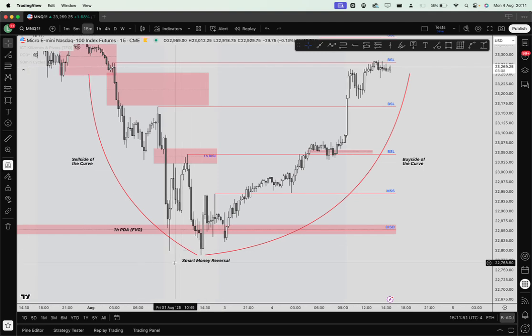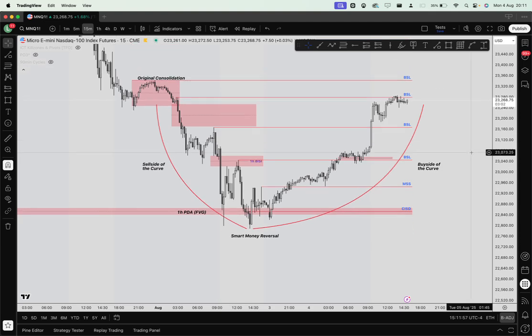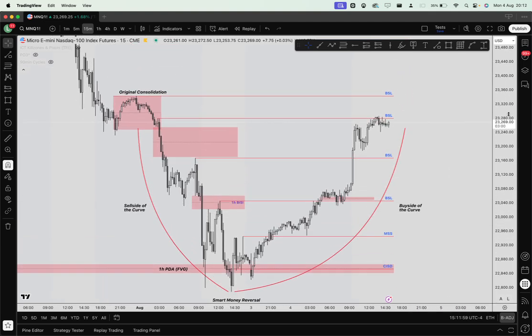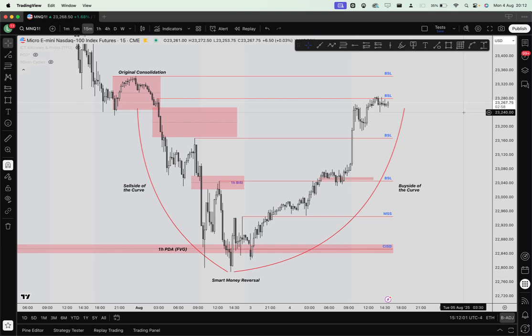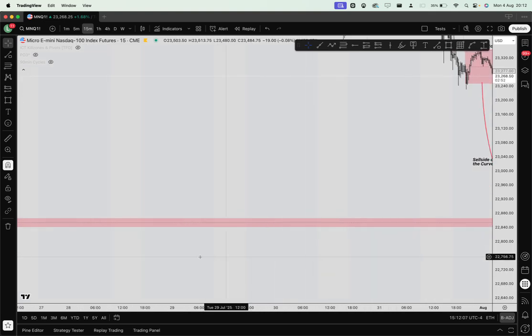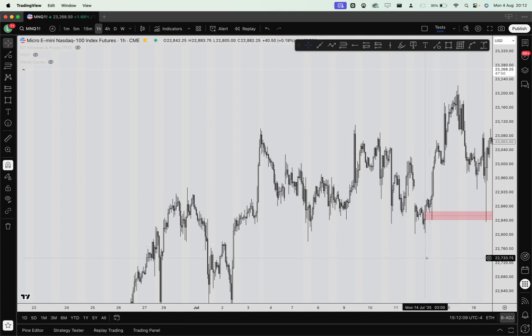Now, the most important thing is deciding and seeing where the smart money reversal is going to happen. Usually this happens on a higher time frame level. For example, a liquidity area, a PD array, or other key levels which you guys need to mark out in your charts. Now, if I go into the 1 hour time frame, I had this